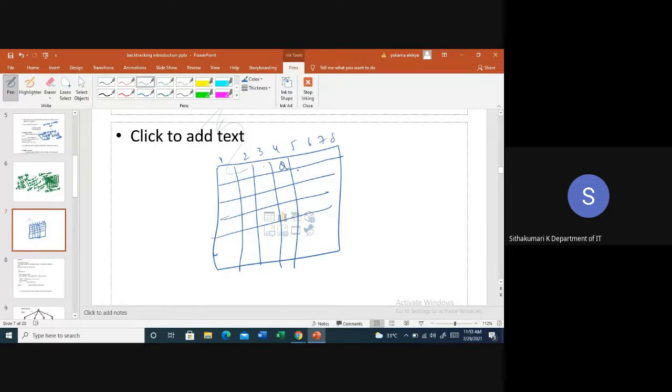The second queen can be placed in the 6th column, because these two are not diagonal. These two are not on the same row or same column. The next queen can be placed in the 8th column, and the 4th queen can be placed in the second one. So like this, see, they are not diagonal. In between you have one more. So these two are not diagonal. So likewise, you need to place this. You need to provide the solution.